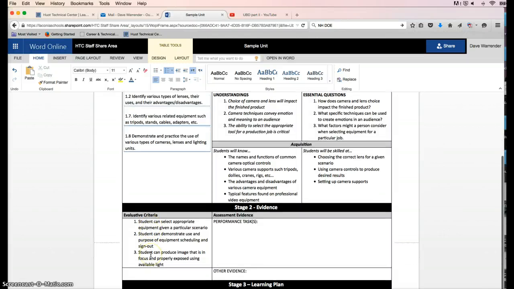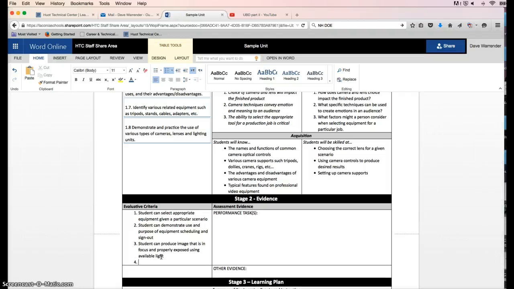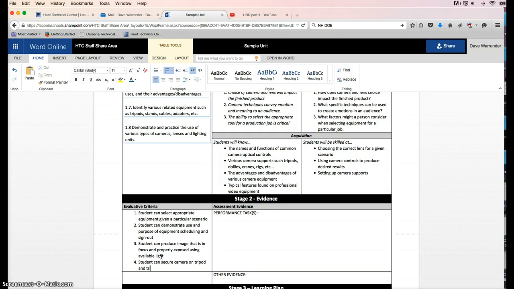I need to scroll that up so you can see that. And another evaluative criterion is that the student can secure the camera on the tripod, and the tripod is level.